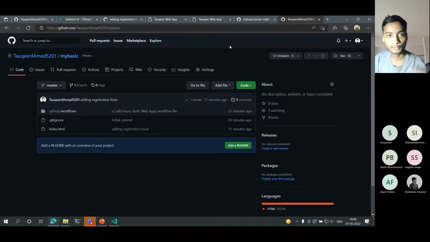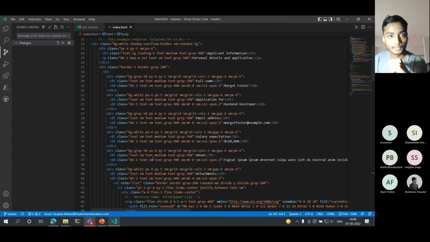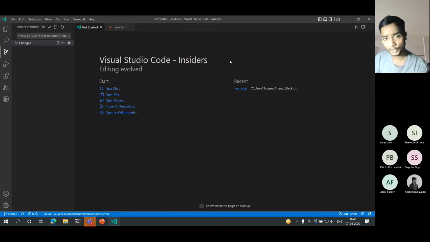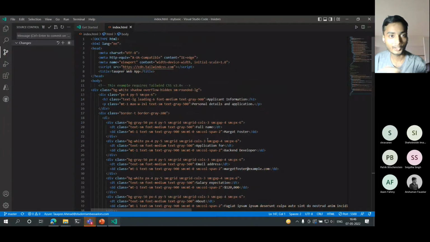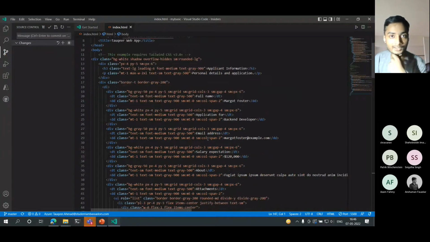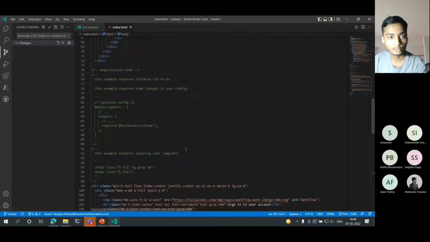And afterwards, we moved into Azure. We learned about Visual Studio and Visual Studio Code Insiders. It is not recommended to use Visual Studio Code Insiders. You can use simple Visual Studio Code. I just told you that we are Gold Microsoft Student Ambassadors, so we do promote the latest tech to you people. Cool.